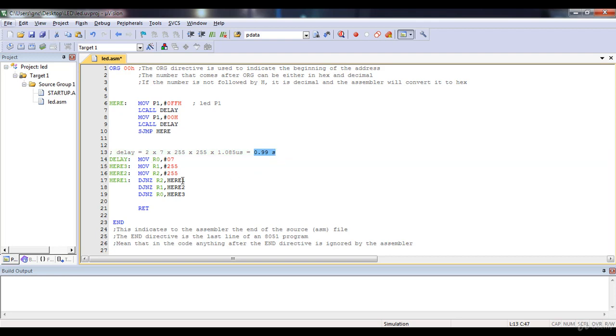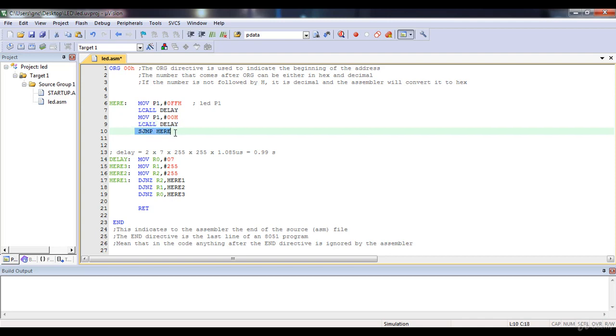To come back from this delay subroutine, there is an instruction called RET. When the return instruction gets executed, the control is transferred from the subroutine code to the main code. Now the MOV P1, #00H instruction will get executed. This instruction means I want to load P1 with value 00, so logic 0 will be given to port P1. Then again LCALL delay, control is transferred from the main code to the subroutine. After the return instruction, it will again come back to the main code.